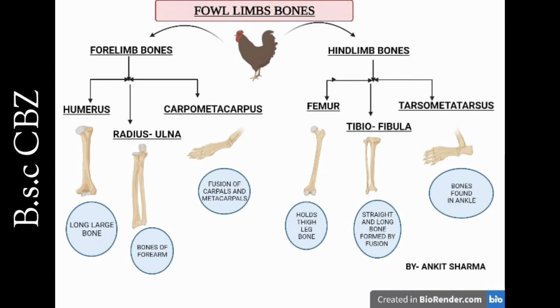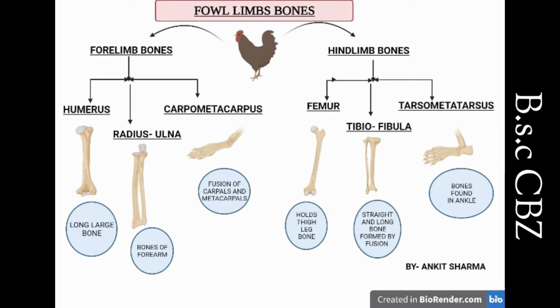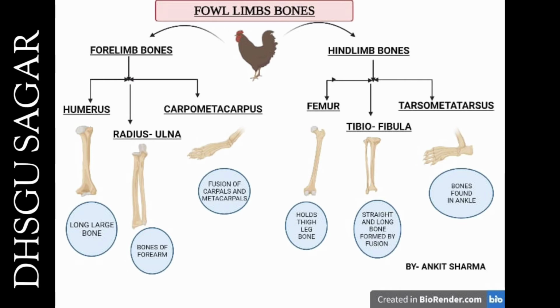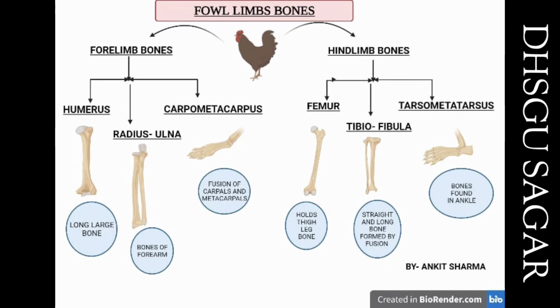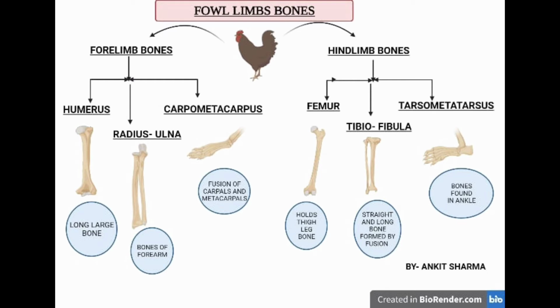The humerus is the long bone of the upper limb or forelimb of land vertebrates that forms the shoulder joint above, where it articulates with a lateral depression of the shoulder blade, and the elbow joint below, where it articulates with projections of the ulna and the radius. Now we talk about radius and ulna.